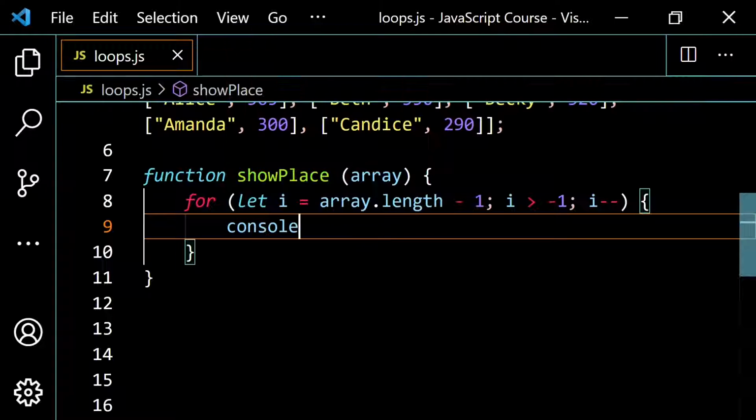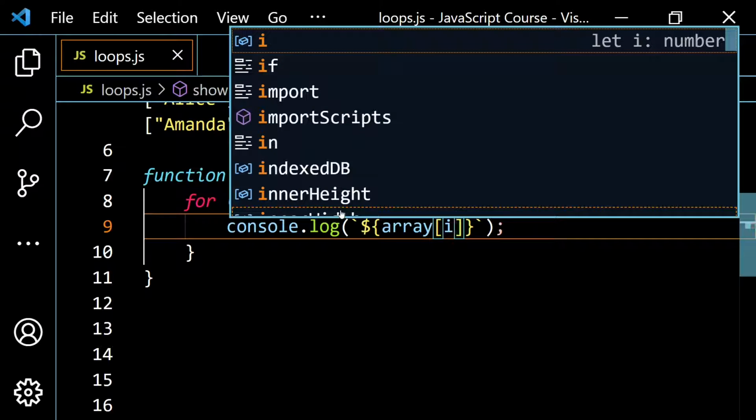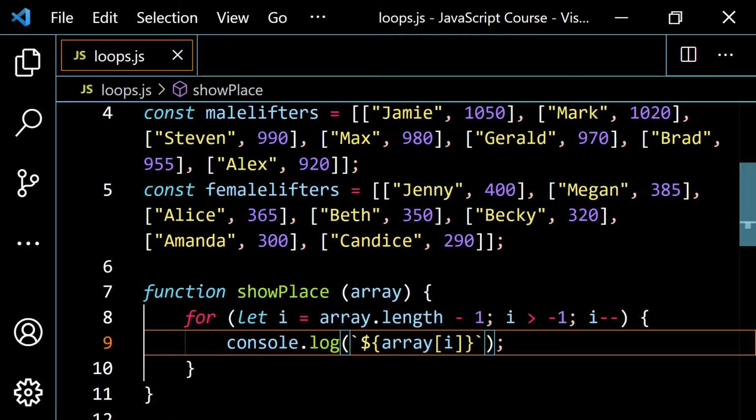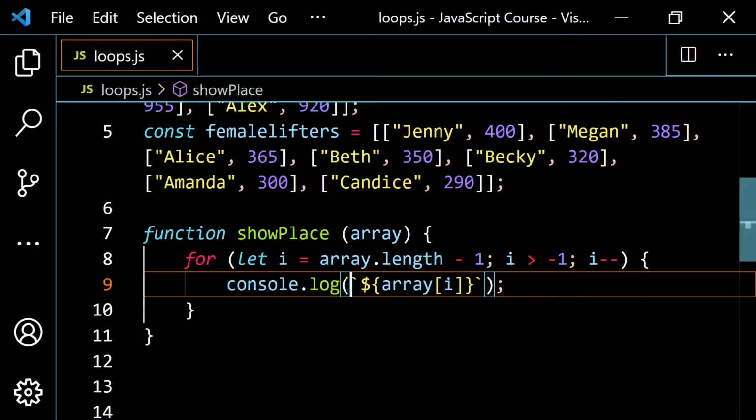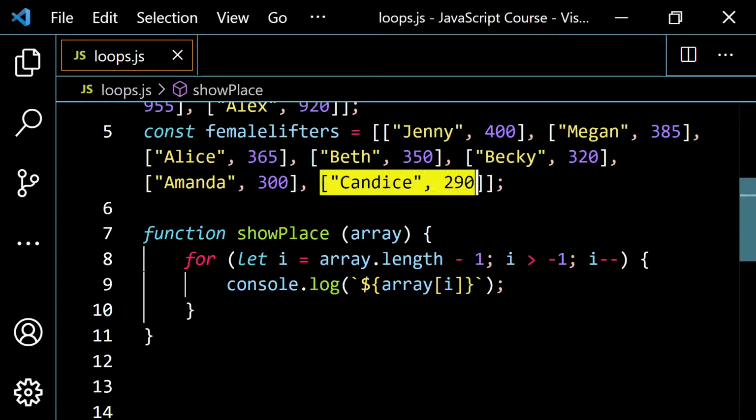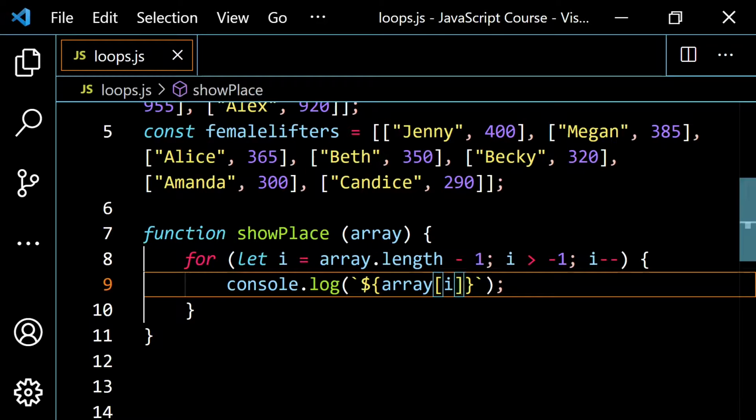So I'm just going to console.log, and with some backticks here, I'm first going to talk about the person's name. So I'm going to go $ curly braces. I'm going to talk about the array that's been passed in, and then the position i. So let's think about this for a second. If I use the female lifters, the length is 7, take 1 away, it's 6, so it gives me this position here. It's giving me the entire array. I want the person's name, so now I want square brackets again, and I want the first position there, so it's going to be 0. So this would give me Candace,